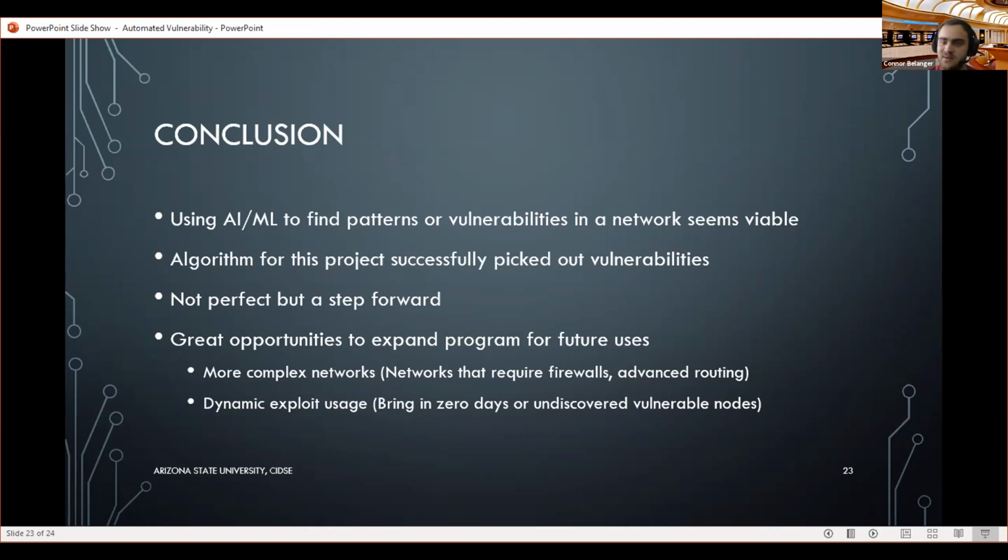So if you wanted to be able to use it against more complex networks, say ones that have different subnets even, or different firewall rules that need to be taken into account, an algorithm like this could be expanded to accommodate those, and future work on optimizations for AI ML type algorithms would go into play here and allow you to